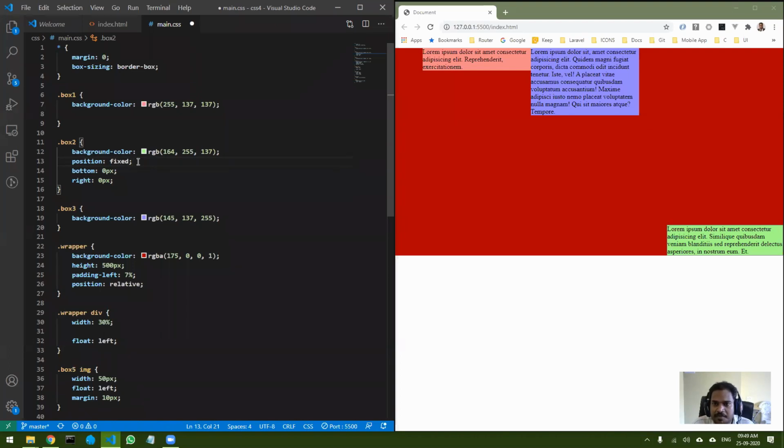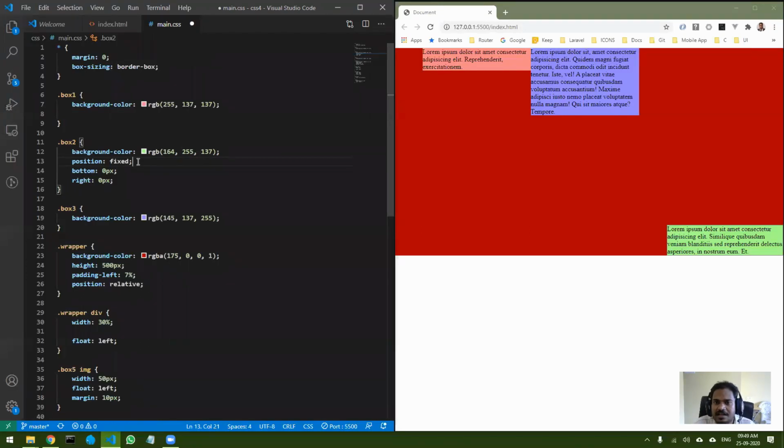Now it is important to understand how these three differ. Position relative means wherever was the current position of that particular div, with respect to that, where do you want to position it. Position absolute means it is completely removed from the flow, then it is positioning based on some other element.